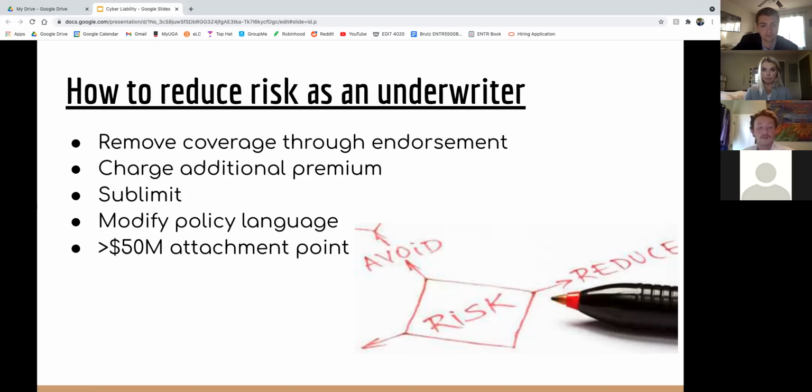As a final precaution for an underwriter, they can create an attachment point at 50 million or under. This simply means the policy would not cover anything more than a $50 million loss. And if it does, it would either be covered through reinsurance or through excess insurance, which still means another insurance company would cover the loss after the initial $50 million is depleted.